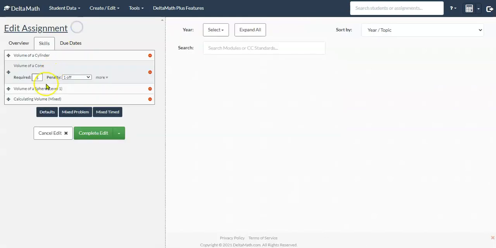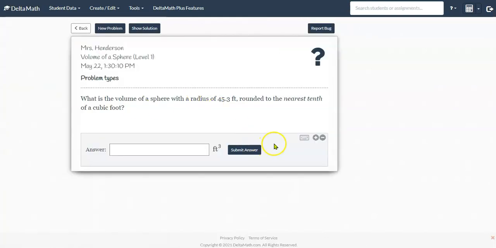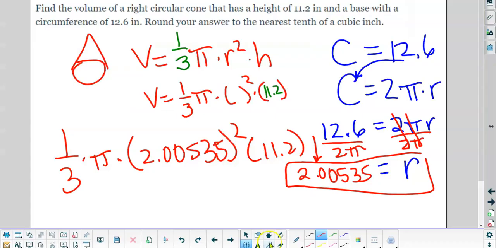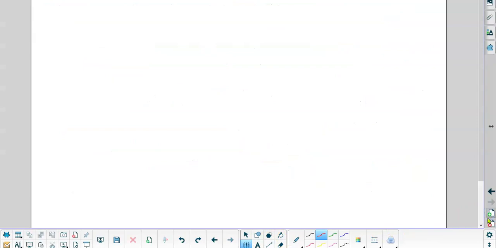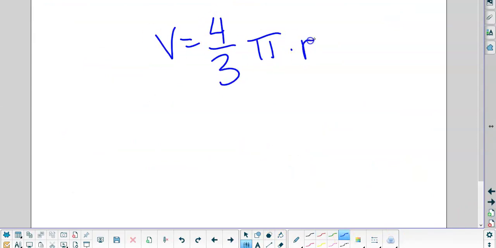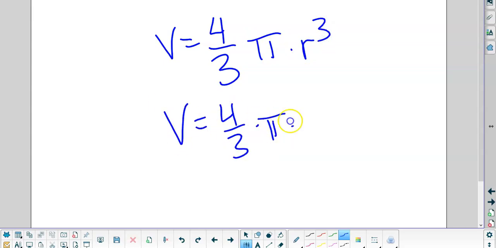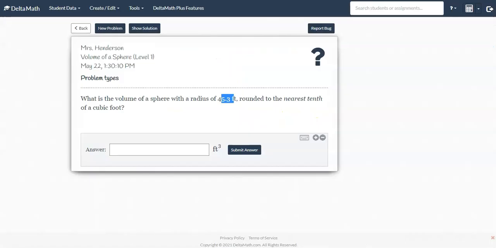Excellent. All right, let's try the third lesson, the volume of a sphere. So a sphere has its own formula. This one has a radius of 45.3 feet. A sphere uses this formula: 4/3 times pi times r cubed. So we're going to keep the 4/3, we're going to keep the pi, and the radius this time is going to be cubed, which for us is